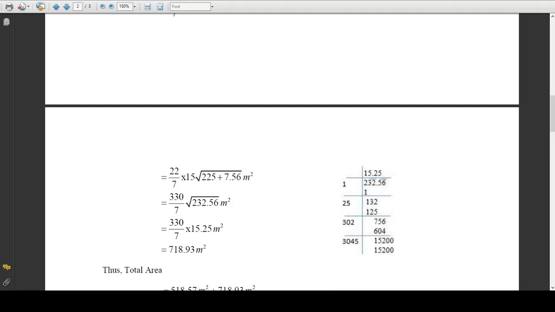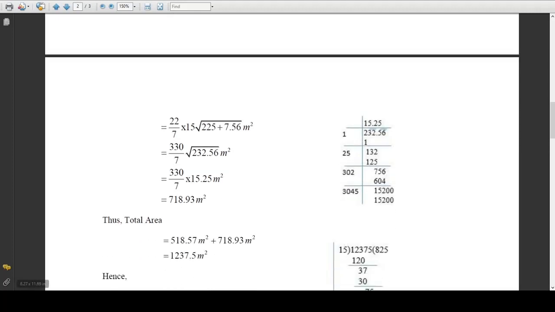Therefore, if you go by 6, it will be bigger than this, so this decimal point will be more or less 15.25. Okay, now 15.25, after finding the square root you are getting this much, then you multiply this with 330, and after multiplying these two, you divide by 7, you will get 718.93 meters square to be the area of the conical